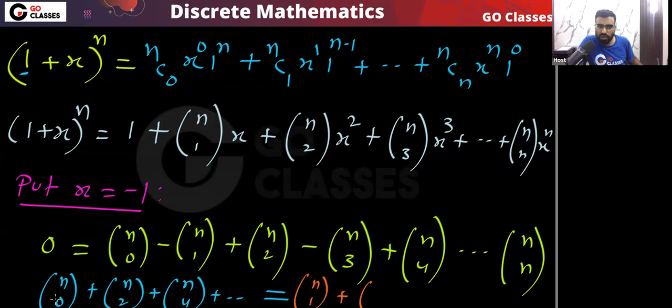The summation of all even coefficients will be equal to the summation of all odd coefficients: NC1, NC3, NC5, and so on. I hope this point is clear. So we got another important result.